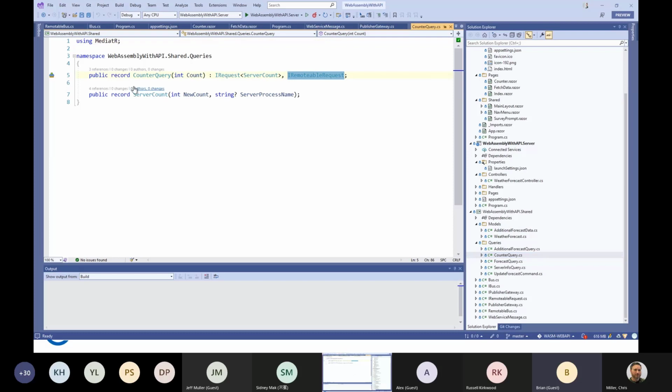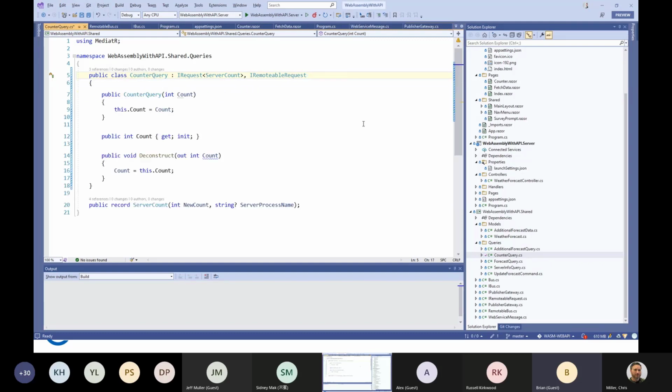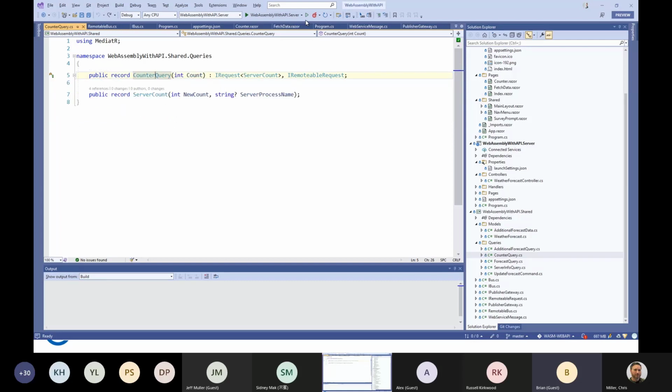Now, some of you have or have not worked with records yet. A record class is just a different type of class. If I were to take this and just change it to be a class, then boom, that's what it would look like without the get hash code and equals and double equal operators, but effectively, just a property. So if I want to undo that, I can undo that just by Control Z, but I just happen to use a ReSharper shortcut key to convert a record to a class. A record is just a type of class. You can read up on it.